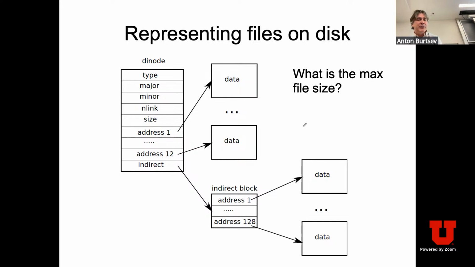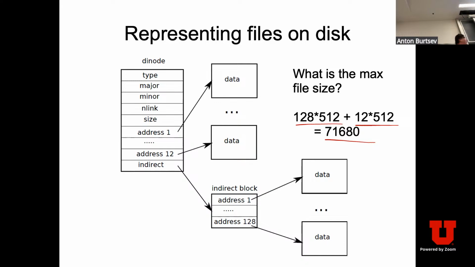So essentially the formula is you have 12 direct blocks and 128 indirect, right? And so that's the number. You multiply by 512, it's 71 kilobytes. So not large. And again, for educational purposes, it's fine. In our homework, we will